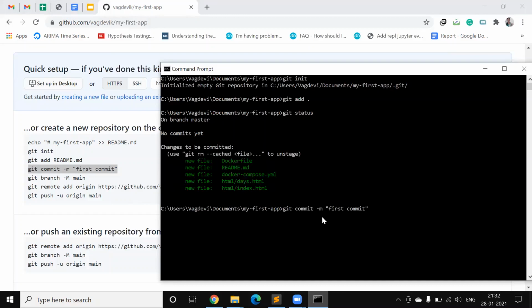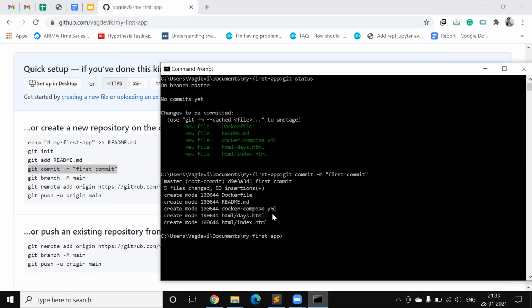Now we shall commit them. Git commit and -m means message, and the message is this. You can write anything. So this message is just to make a hint that, okay, this commit contains these changes. So these files are committed now.